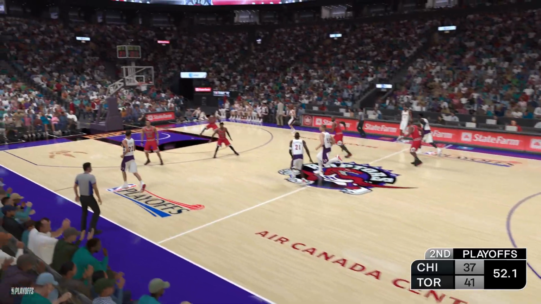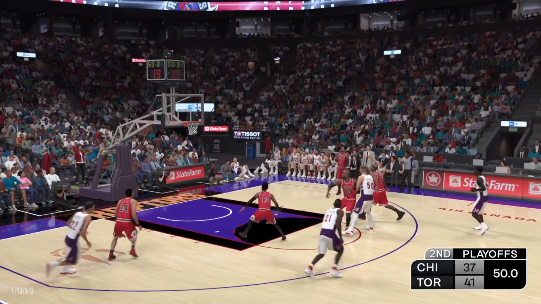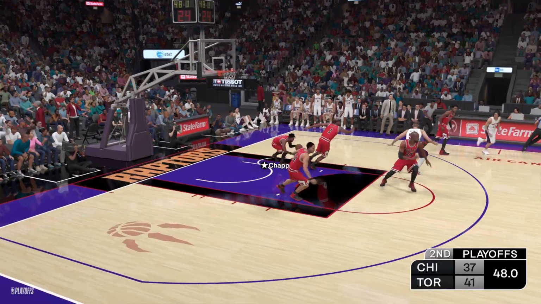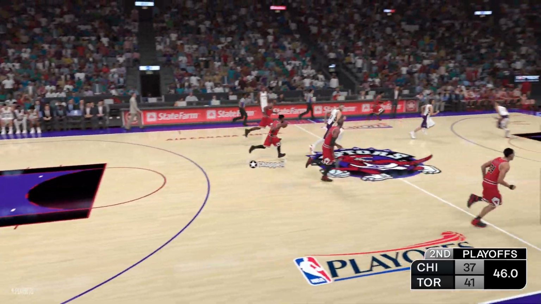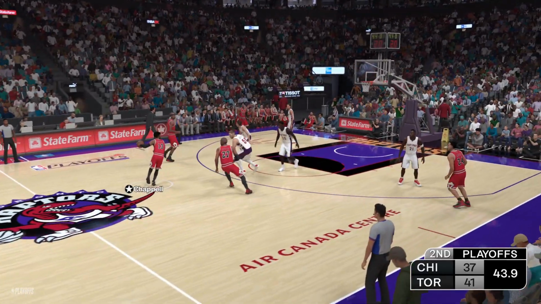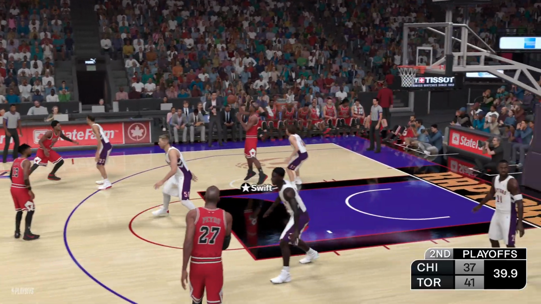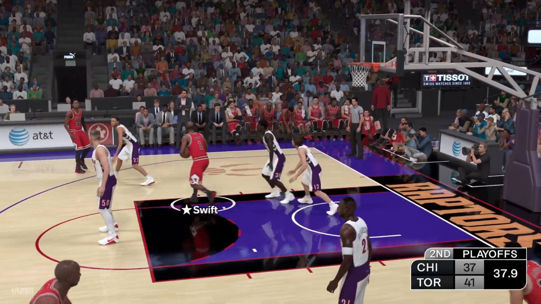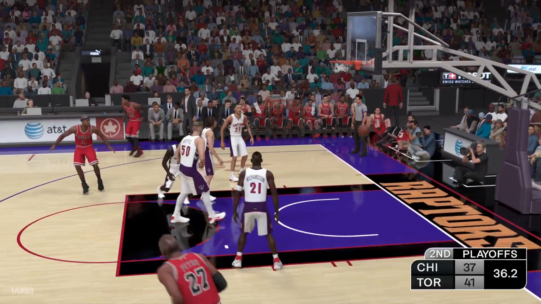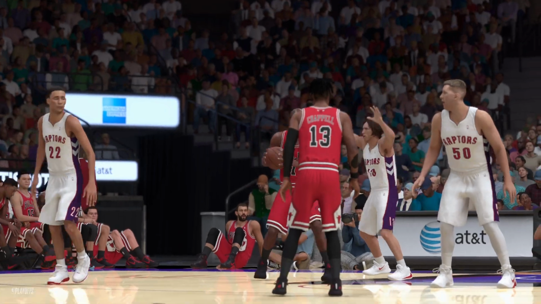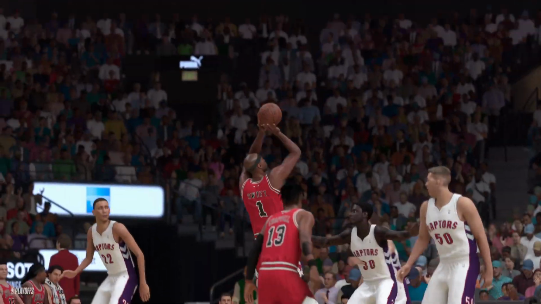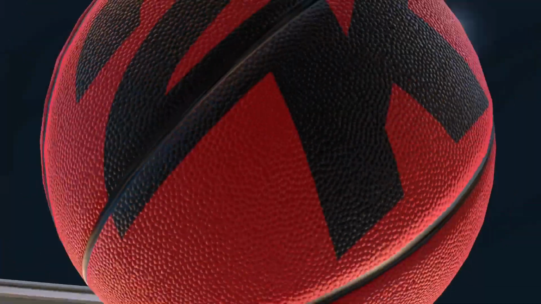Raptors leading by 4. And here's Nash outside. And it's Chappelle with the rebound. 43 seconds left in the first half. Shoots a fader, and that one good. Swift's got 8. Nice to see Swift sink the mid-range there, showing he's more than just a post player.